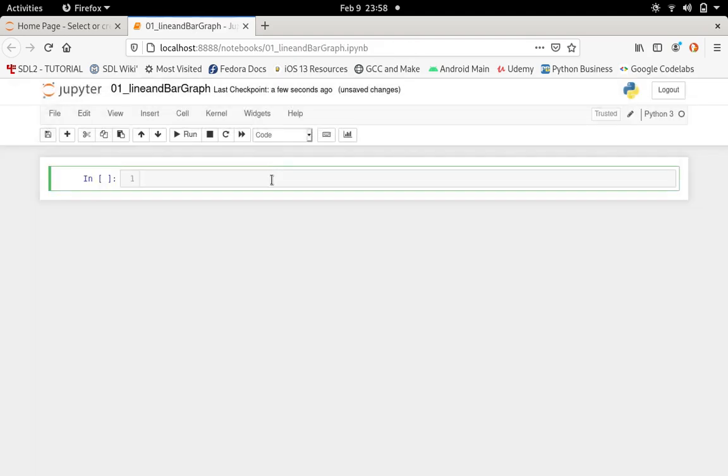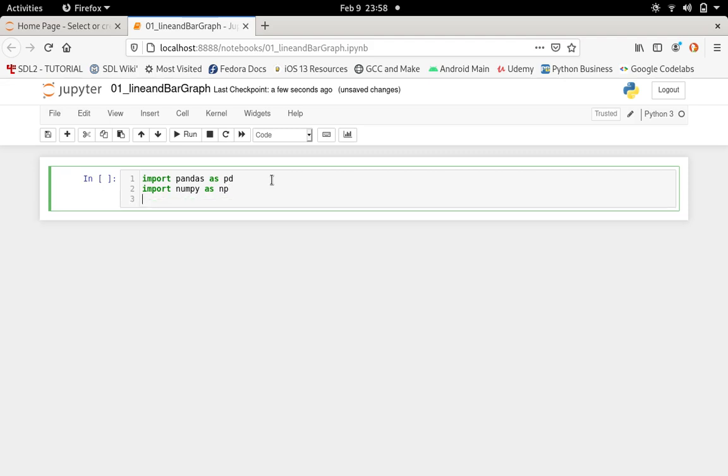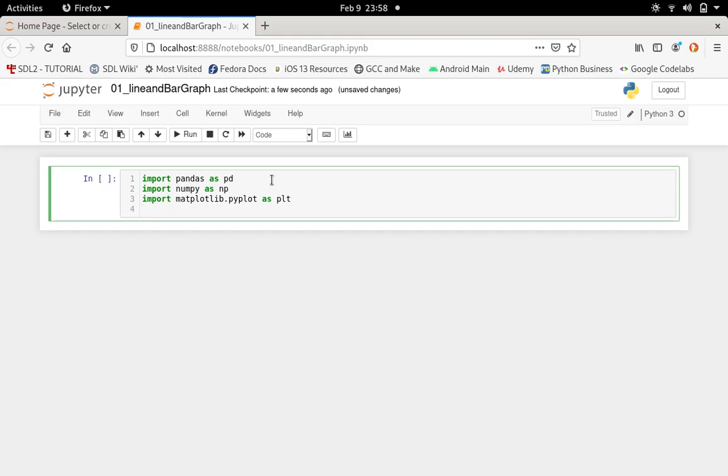And then first let's import some necessary libraries in Python. First, we import pandas as pd. We import numpy as np, and then we import matplotlib pyplot as plt. This will be our number one library for plotting. And then let's modify these parameters of matplotlib,